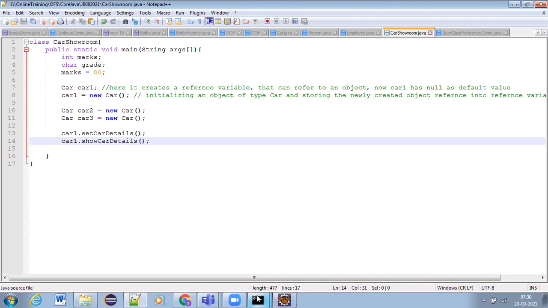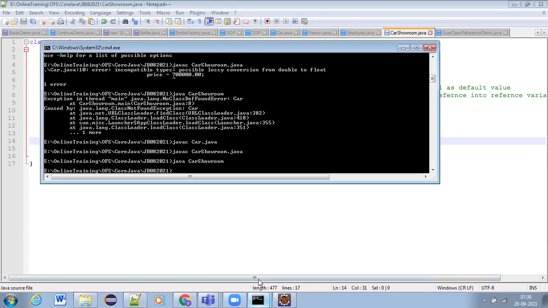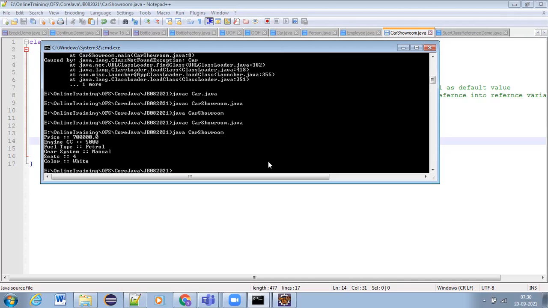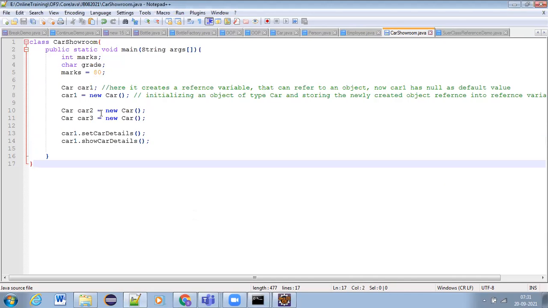Now check here how it goes. Car showroom, compile it, got the values, right? So in this way, we can create an object and we can use that object for storing the data, displaying the data. Is it clear, guys?